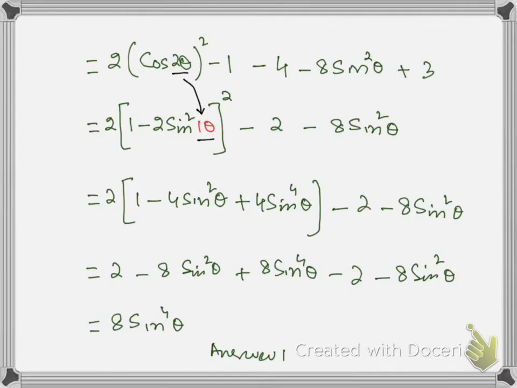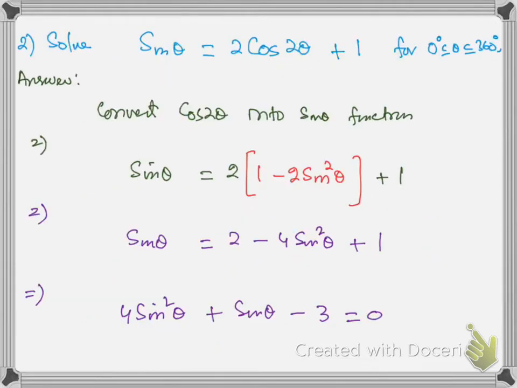So now replace this cos 2 theta by 1 minus 2 sin square theta, which we discussed in example 2. And then just expand this bracket because of this power 2. This is the expanded form. And then simplify this and you will get the answer. The important part of this question is to handle cos 4 theta carefully, and for that use example number 2.